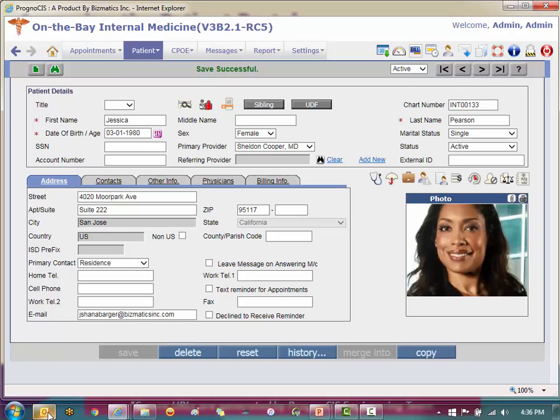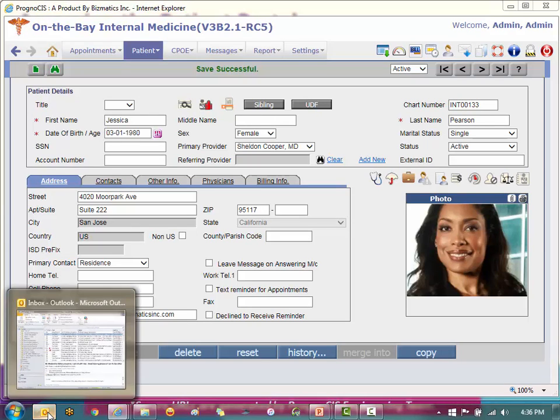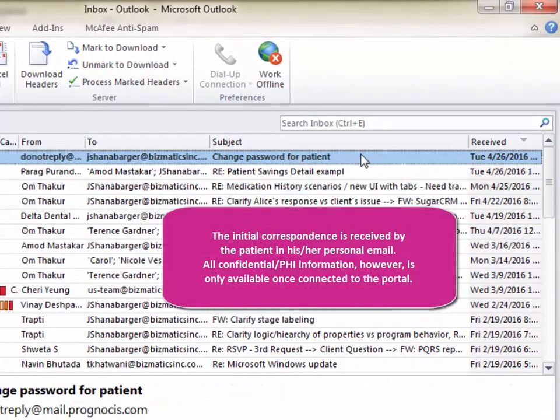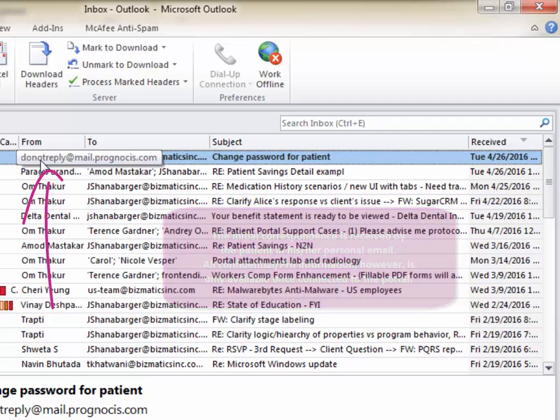Now, I happen to use my email address for Jessica since she's a fictional patient. So I'm going to open up my personal email here so you can see what the email looks like. Now, they're going to receive this in their personal email, their Yahoo, their Gmail, their Hotmail, whatever they use at home. And you'll see it's coming in from